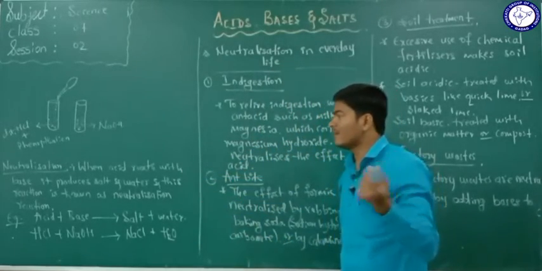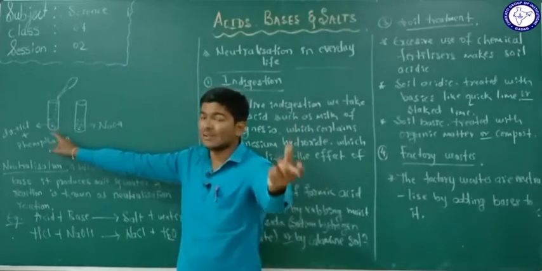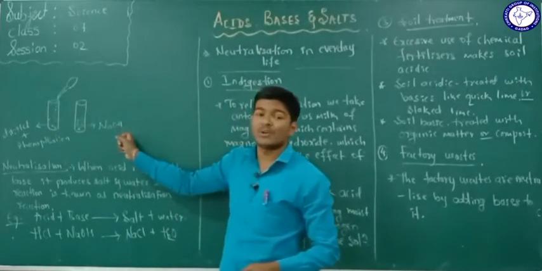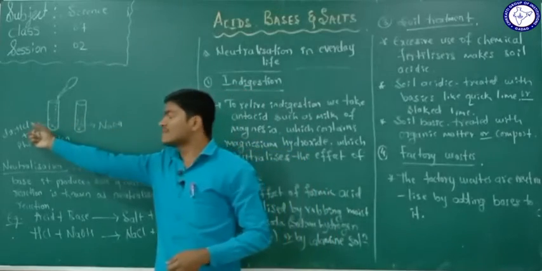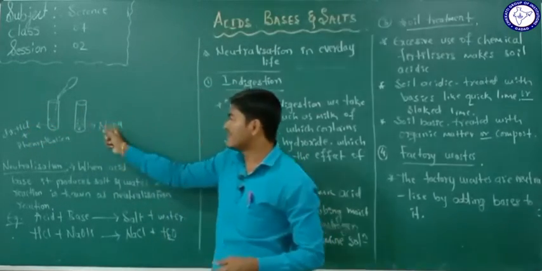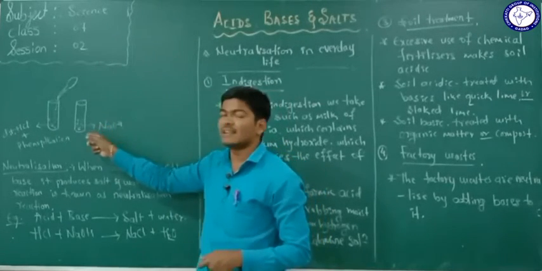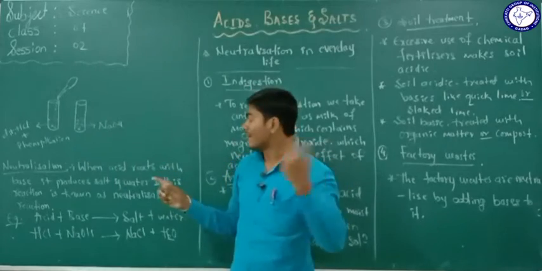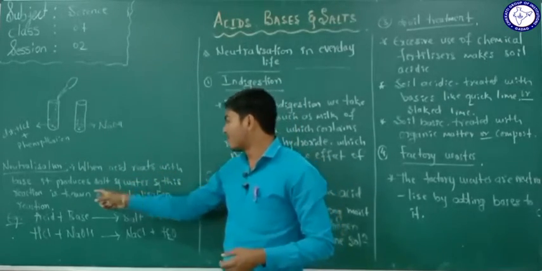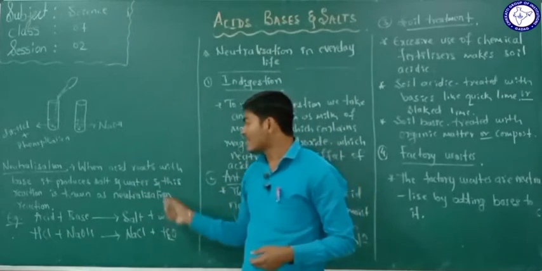What happens here when dilute HCl is treated with the NaOH solution? Dilute HCl is hydrochloric acid. This is an acid. When an acid is treated with sodium hydroxide solution, sodium hydroxide is a base. When an acid reacts with a base, it produces a salt and water, and the reaction is known as